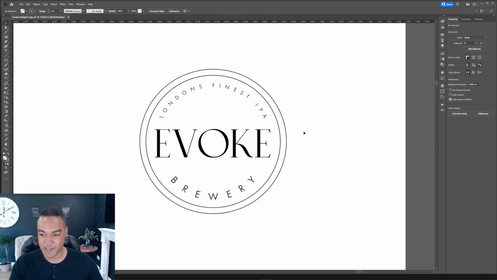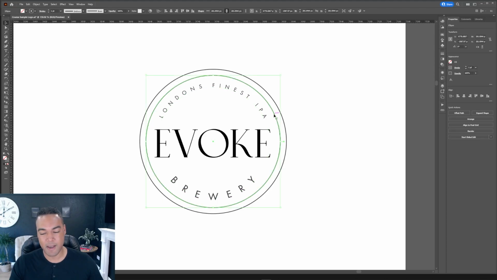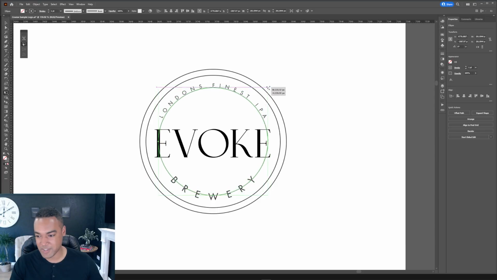So I found you generally have to eyeball the center point. For me, it won't be the exact center of the O here. I've kind of eyeballed this composition. And for that reason, it's useful if you're adding layers and rings, just to keep everything consistent. If you copy, paste in front, which is Control or Command F, and then transform, holding Shift to constrain the proportions and holding Alt so that transformation takes place from the center, it ensures quickly and easily you're working with the same center point,